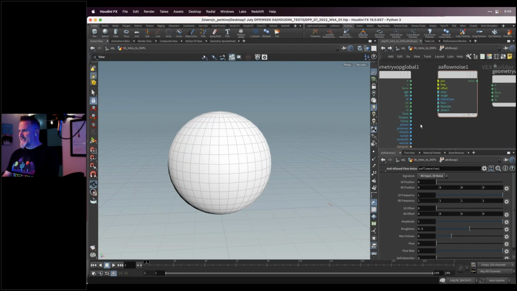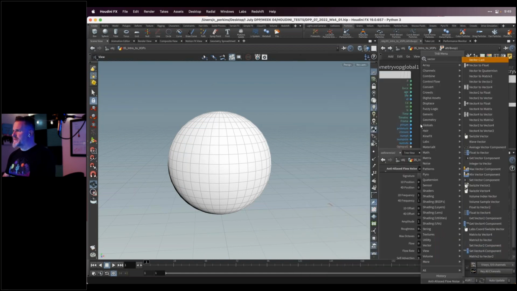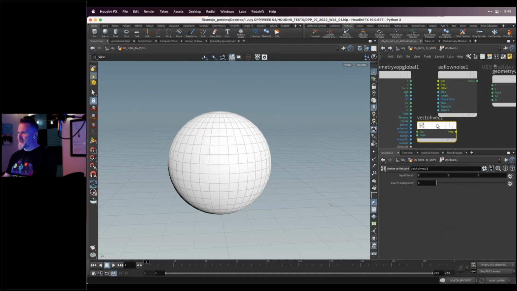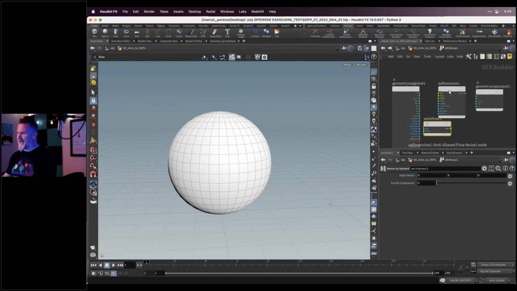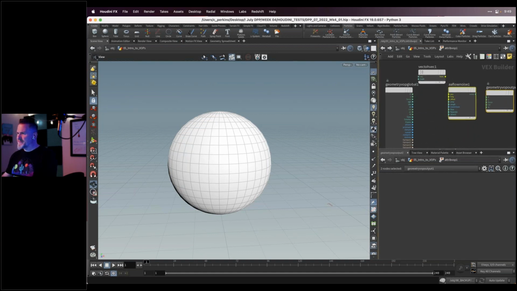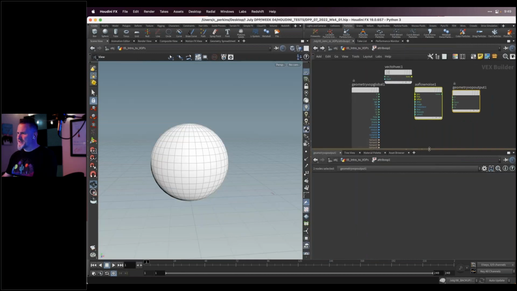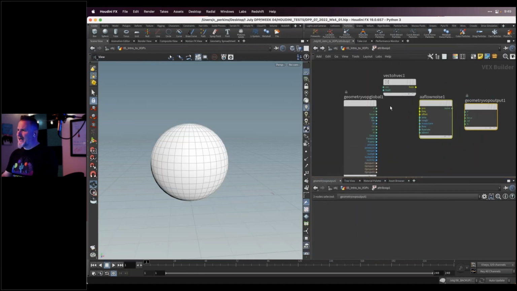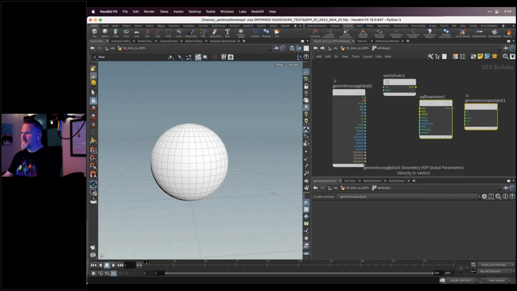Since we don't have that going on by default, I could hit tab and create a node called vector to vector 4. This takes a vector and combines it and makes a little lime green thing here. I'm going to raise this up a little bit and resize briefly. I'm going to take the position and put that into the vector thing. You see the colors match, same type of data.